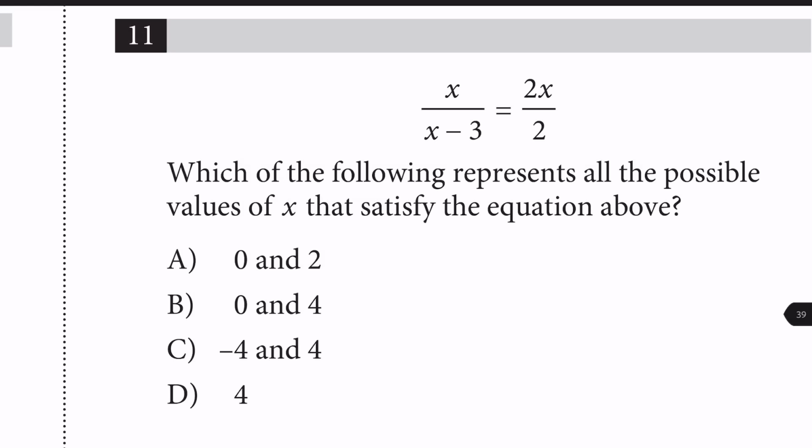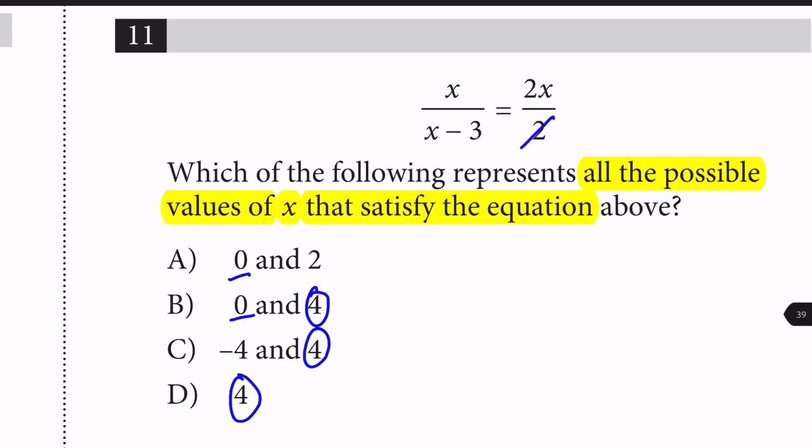In question 11, we have to find all possible values of x that satisfy the equation. So we need to find all solutions that work. Usually, I don't recommend testing all the options without eliminating any of them. But since we have multiple values that are the same, it might be a good way to test answers to find the correct one. If I want to test, I'm just going to get rid of that because that will